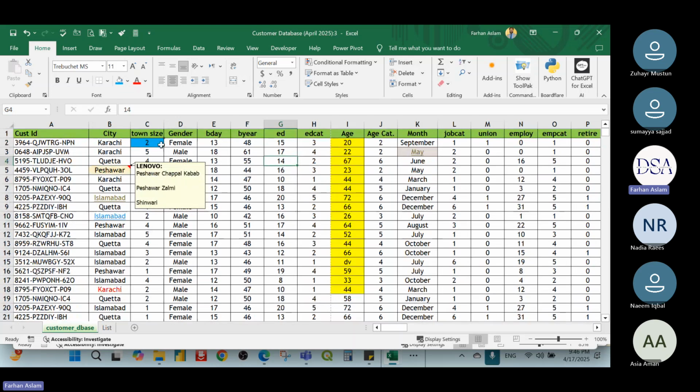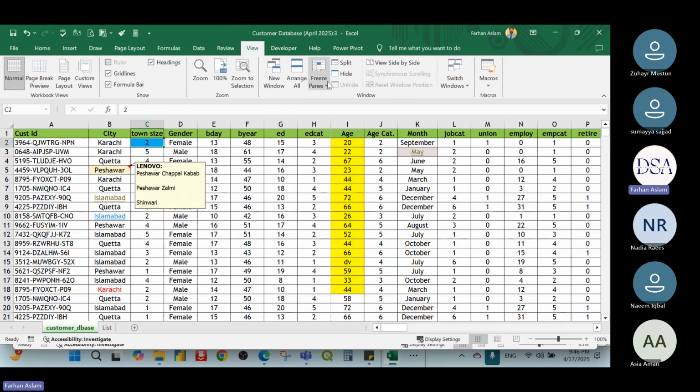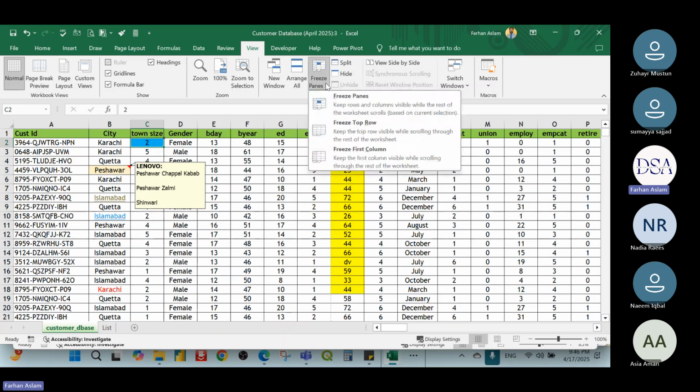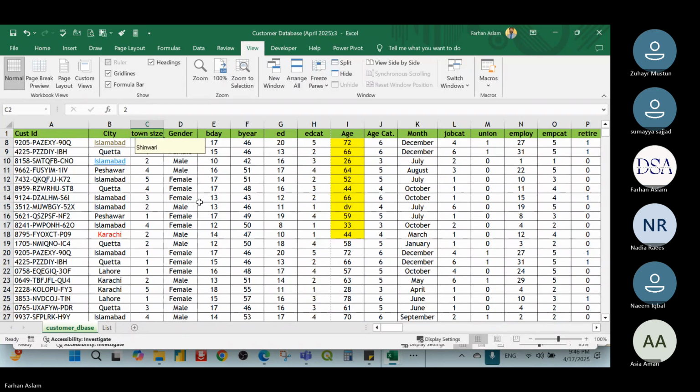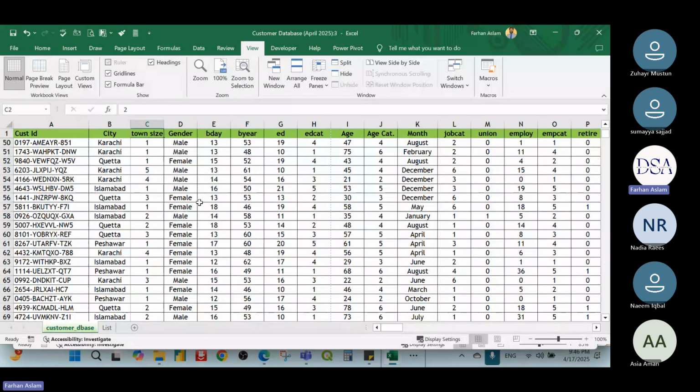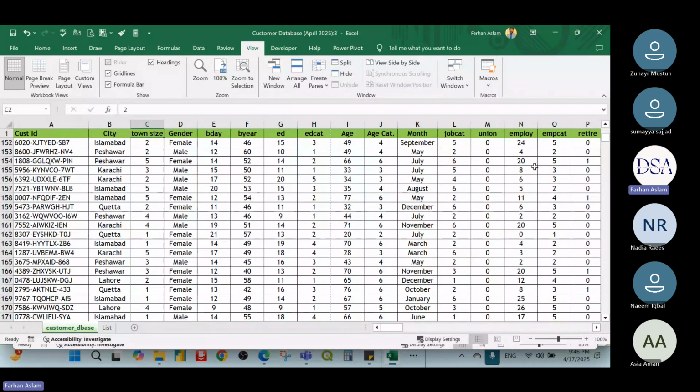So for this kind of option, I will be clicking on this freeze option. The most important thing is you only need to know your selection of your cell, which cell you are selecting. I'm selecting this cell, column C, row number 2, and I'm pressing this freeze pane. So see what happens. Wherever I move, wherever I go in the file,